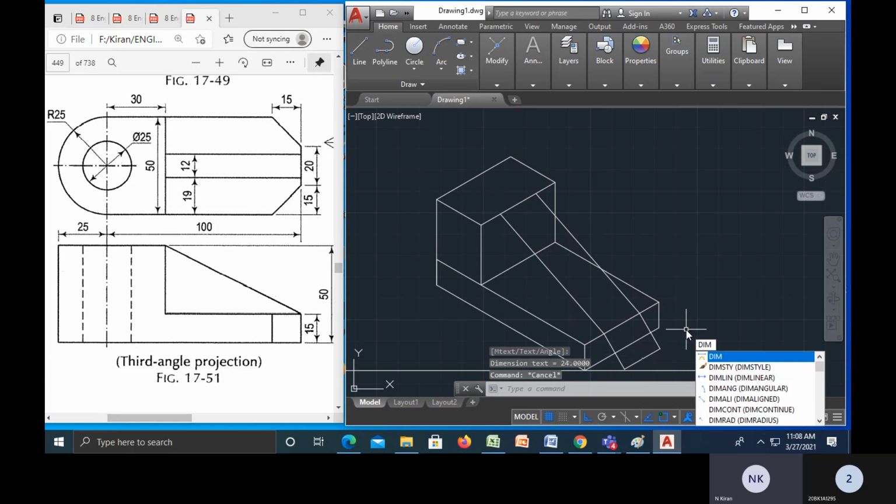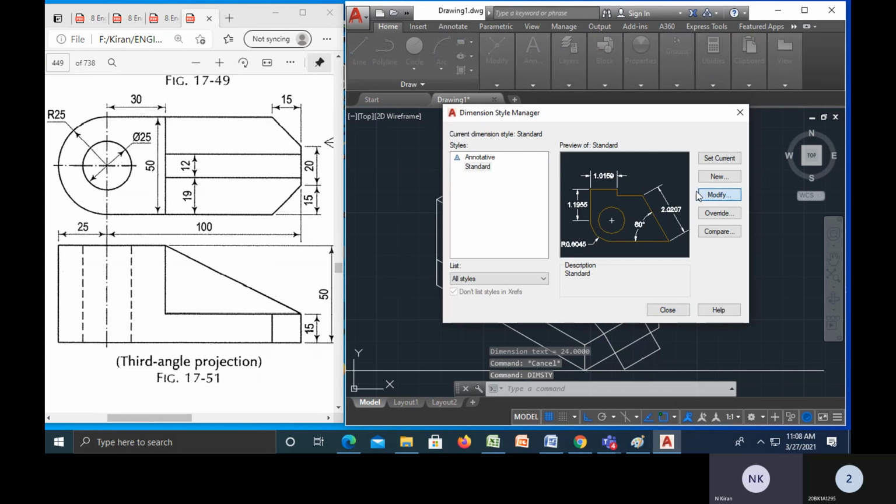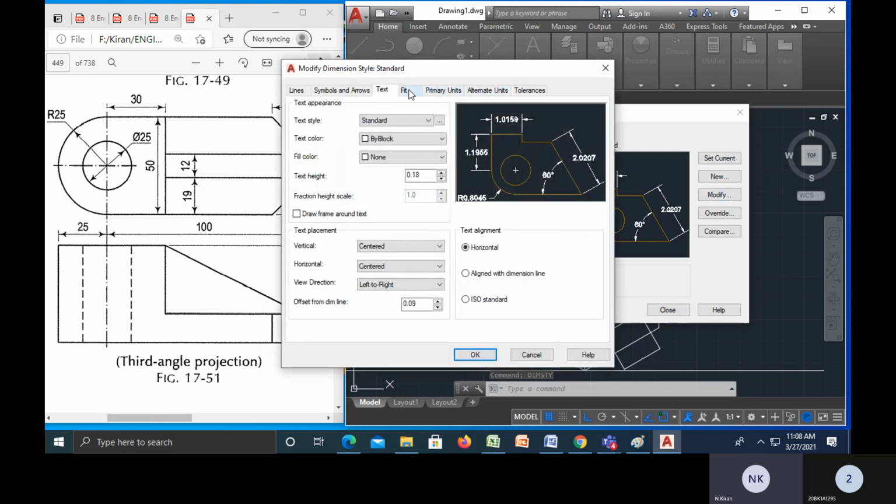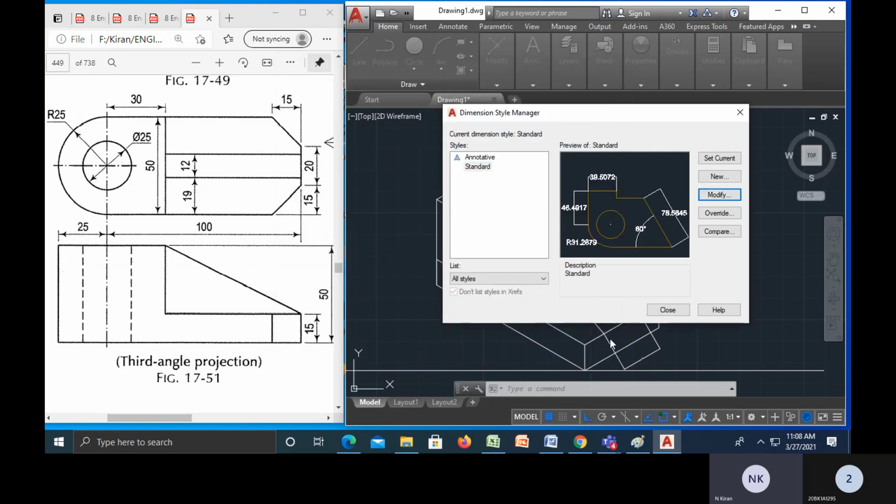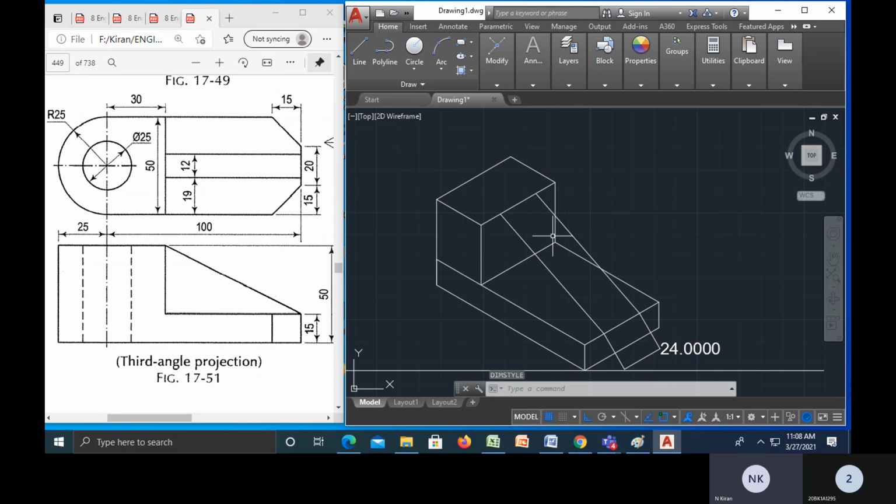For knowing that one, dim style and modify, and the text I will take at 7 mm so that it is easily available. Okay, close. Yes, it is taken as 24 mm, so that's why the lines are coming very big. So delete, you have to take 12 mm only.